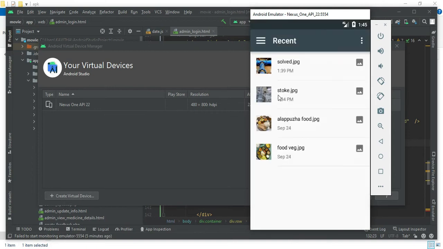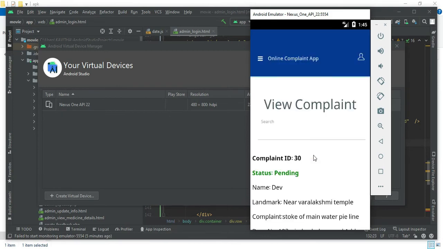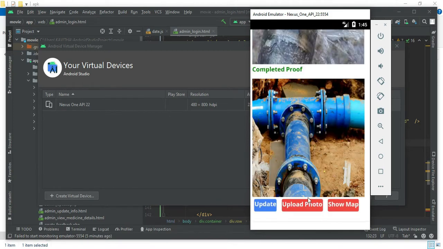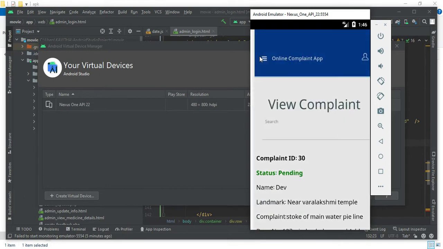Once it is resolved, he will be uploading the solved image, the completed proof, and he will be updating the status from pending to completed.